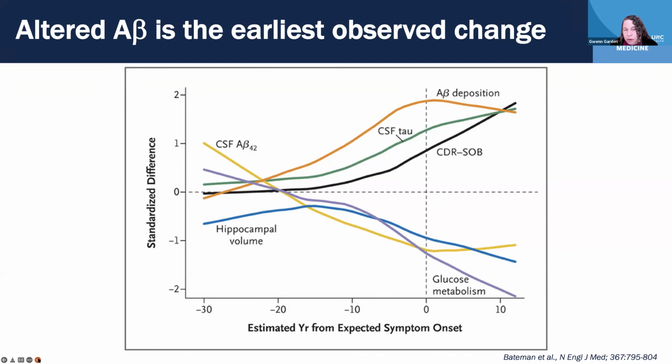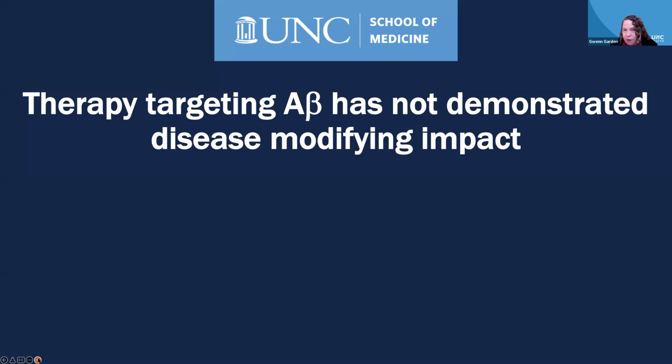So we know that abnormalities in proteins that lead to the generation of that A beta fragment are the cause of autosomal dominant Alzheimer's disease. And we know that even in patients with sporadic Alzheimer's disease, A beta accumulation probably is the first sign of detectable pathology. So why don't we have treatments that can prevent the accumulation of that A beta?